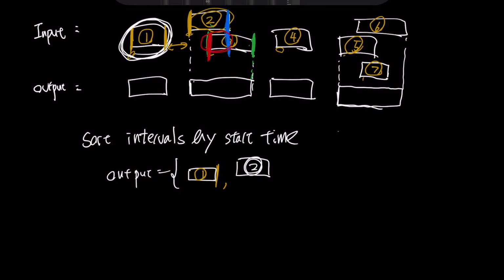So what I need to do is change 2's ending time. So how do I check it is I can get the maximum of the current output's end and